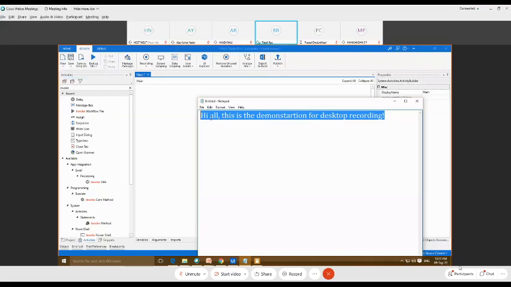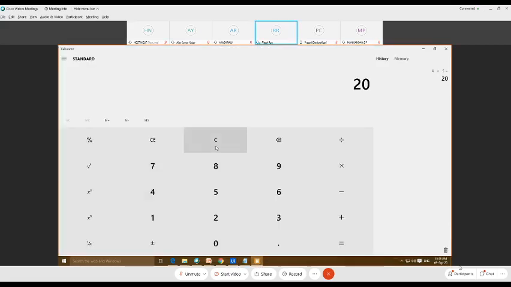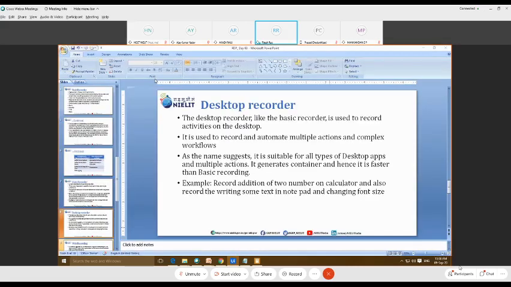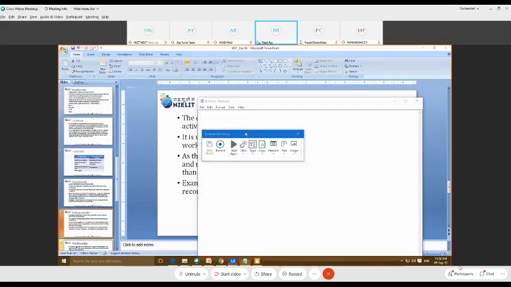Now the same thing, I'm just going to perform using the desktop recording, and we'll see that all those user actions that are basically required manually are going to be captured using this, and eventually will be converted into the sequence workflow file. Okay. So just remove this and now I'm going to do the same thing using the desktop recording. Therefore, I will click first on the recording, then the desktop. Okay. First type that.